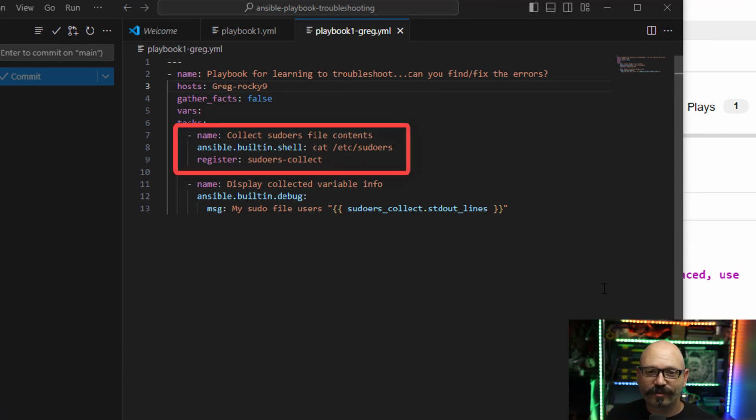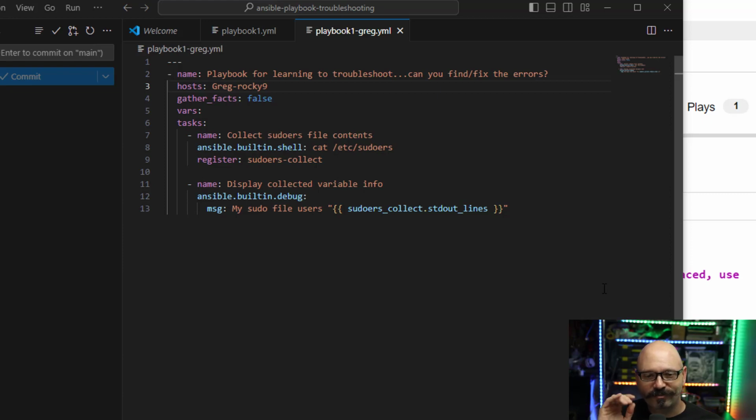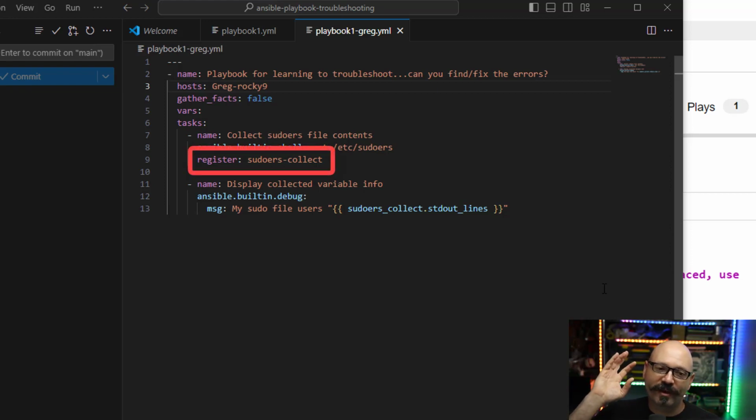So really what I'm trying to do is just run a shell command, which means I'm going to fire something off as if I'm right on the shell, like I'm SSH'd in. I'm just going to issue a command. I'm going to cat out the sudoers file. Well, the register command says, hey, save all of this output to a variable and name it